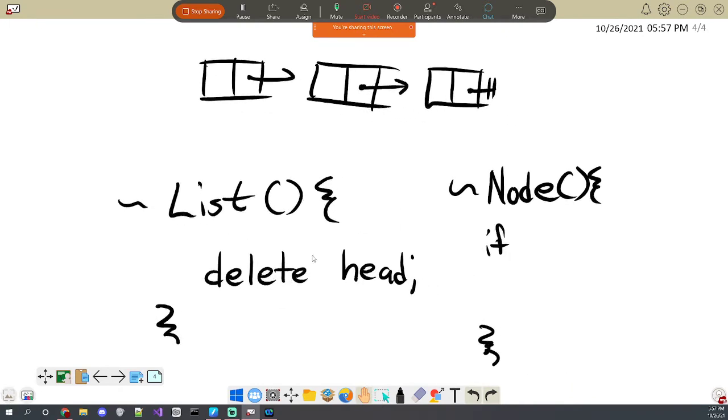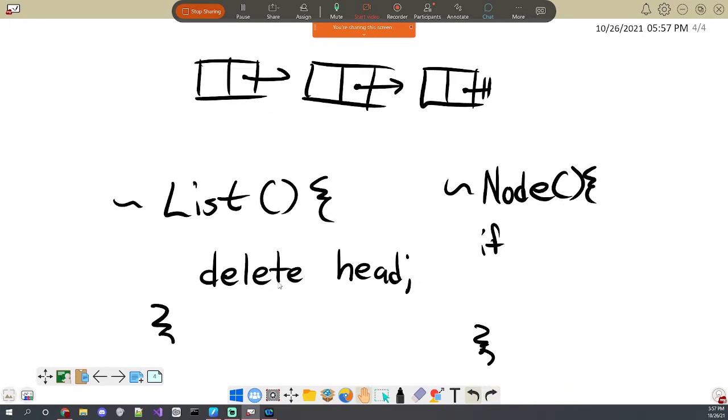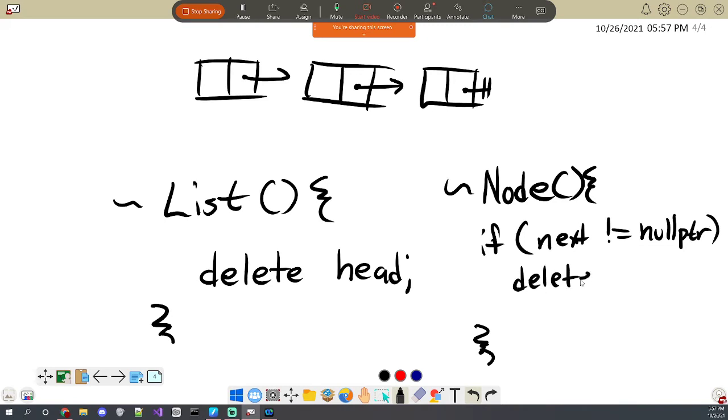But yeah, just consider what a deletion does: it calls the deconstructor of an object explicitly. So this is technically a function call. And because of that, you can then recursively call a deconstructor. So what I'd simply say is, if next does not equal null, basically just do an error check. This should be null pointer, yes. Null pointer, then delete next.